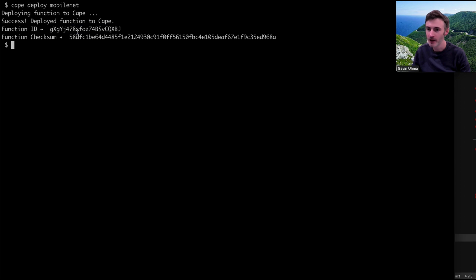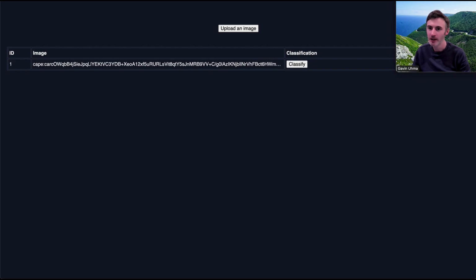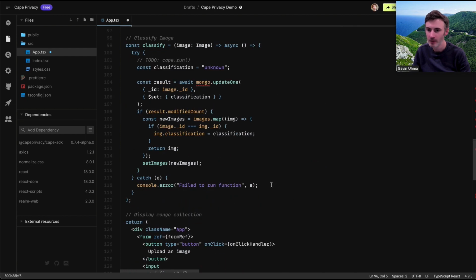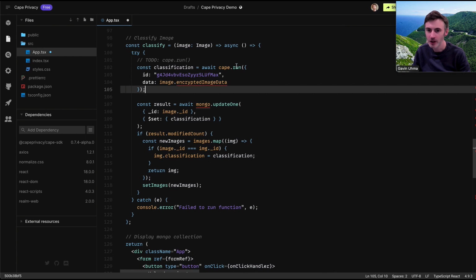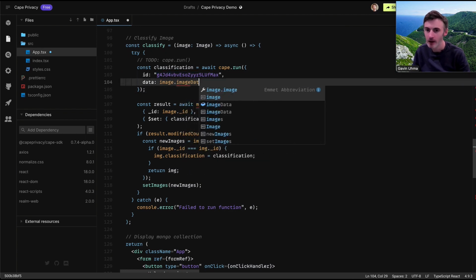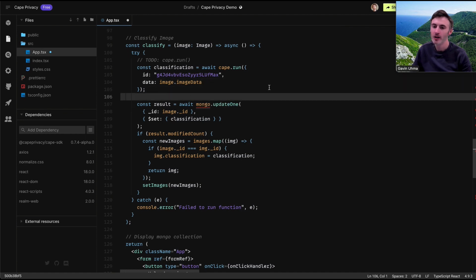So you'll want to copy this function ID and bring it back into our code over here. And when we do a classification, we want to replace this with a cape run. So currently, our classification isn't implemented. It's going to be as simple as calling cape run and then storing the result in the classification. So we call cape run, and we'll use the function ID from the console. I just need to fix this variable. So there,